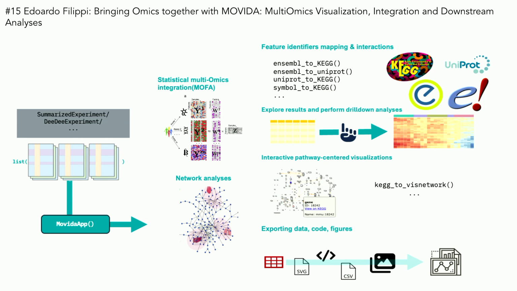And the idea is that we want to be able to do pathway-based integration, map the results on KEGG pathways, and also be able to map the relationships between layers with some network analysis. We also wanted it to be easy to integrate in our workflows, and to export data and plots to make it reproducible.